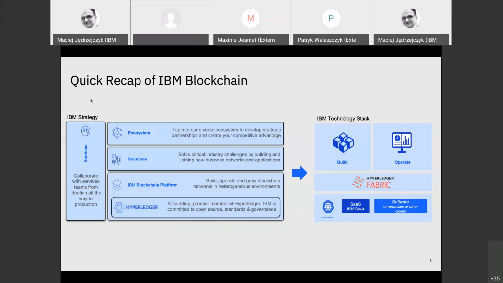We tap upon a huge ecosystem of our partners and clients, and we serve as a networking partner to create consortia and cooperatives that are building together and founding new business networks based on blockchain. And last but not least, we provide services to help our clients identify an appropriate use case for the blockchain, planning and deploying a blockchain network, building an application on top of it, and maintaining an existing network across all